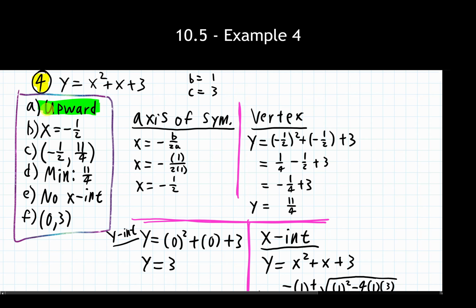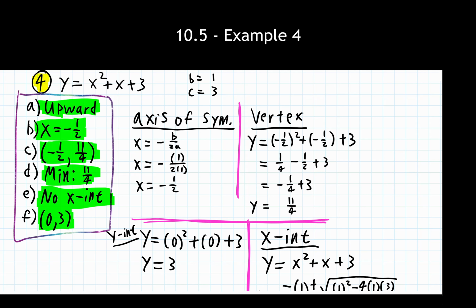But the big part that I do want to note, if we're looking at this thing, I don't think there's any way to tell from the very beginning of the problem that we have no x-intercept showing up. So lean into continuing to use the process to solve for each of these things, especially for the x-intercept, and let that reveal to you if you're going to have two x-intercepts, one x-intercept, or no x-intercept at all. Again, I don't think it's obvious when we will or won't have those, so just let it reveal itself to you. Don't try and predict it, just follow the process and it'll get you there.